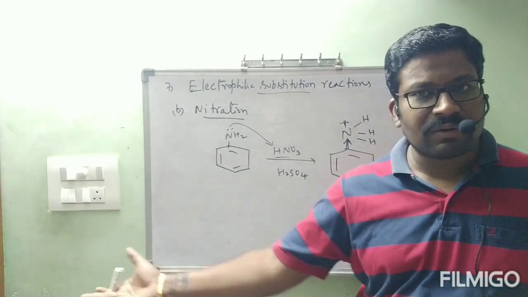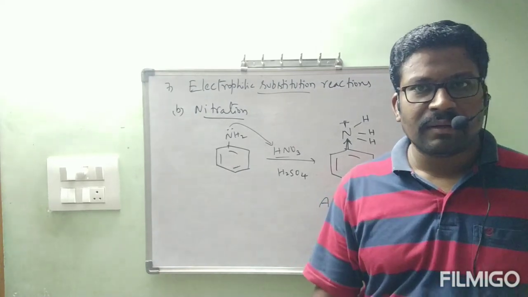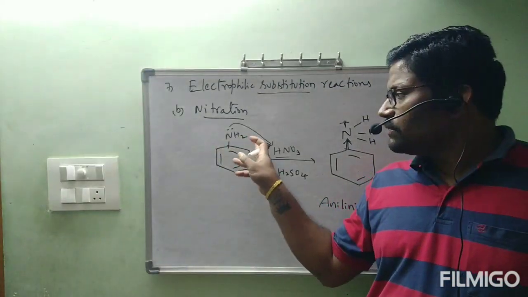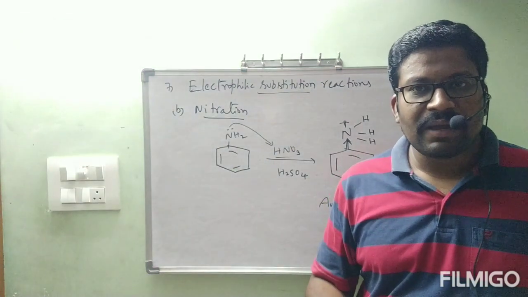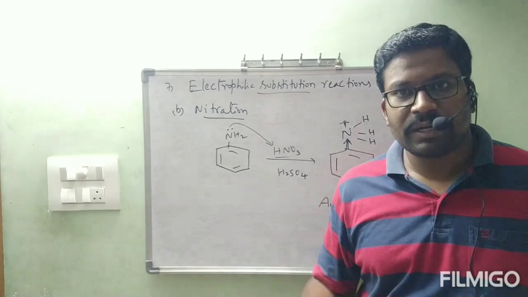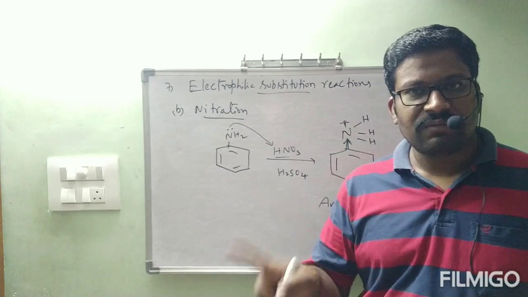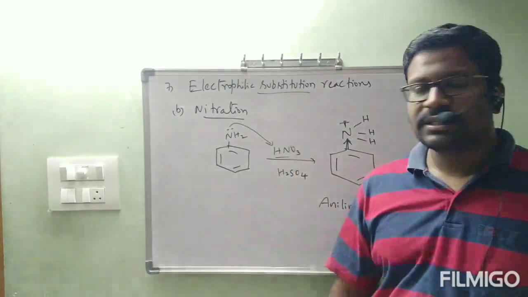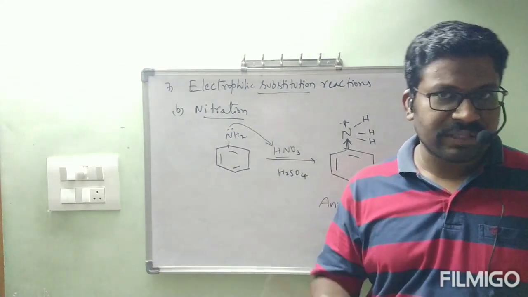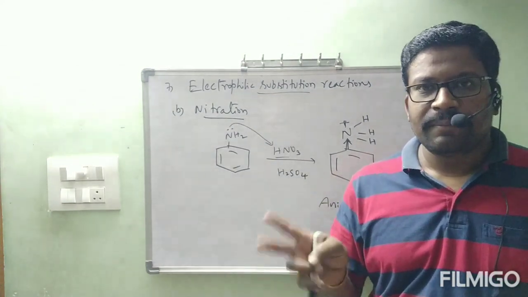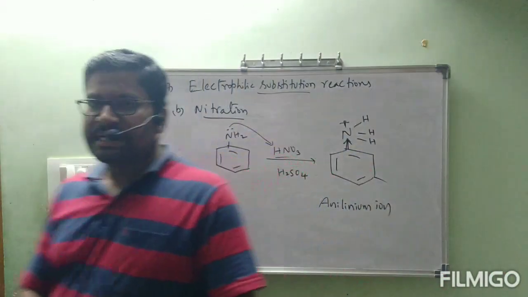Para position, according to our expectation, we understood already. Ortho position, why did we get a very small amount? Because at the ortho position NO2 and NH2 groups are very near each other, and because of high repulsions we are not able to get the ortho product as the major product. This is the reason. First we have seen bromination, second we have seen nitration, and next we will see the third reaction. Before that, are you clear with these two? First one, bromination. Second one, nitration. Okay, third one, that is sulfonation.